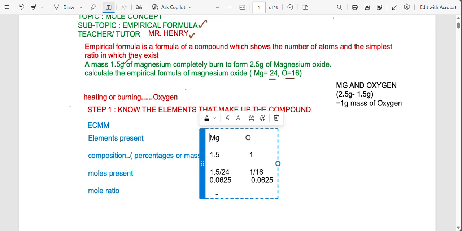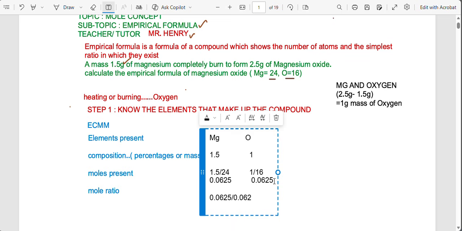Likewise, also on this side, we're going to divide by 0.1. But now, since here the numbers are the same, you divide by any that you like. They are the same. Hope that is understood. Okay. So here, when we come to the space of mole ratio,